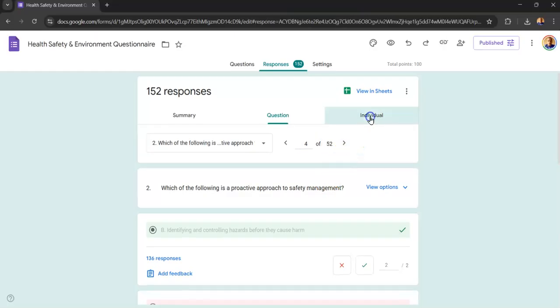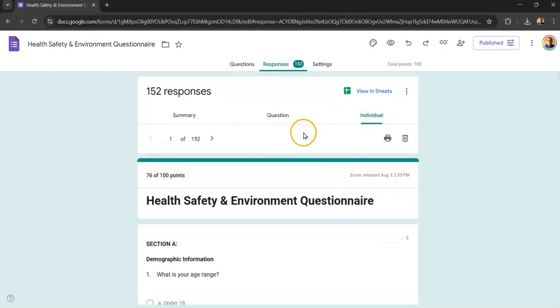Then also we can view the individual responses. You can see the first respondent to this particular survey, actually, you can see this is the first one of 152. Now the person actually scores 76 out of 100 points, as we have it. So we have all of that. We can print this for this person, or we can also delete it, as we have it